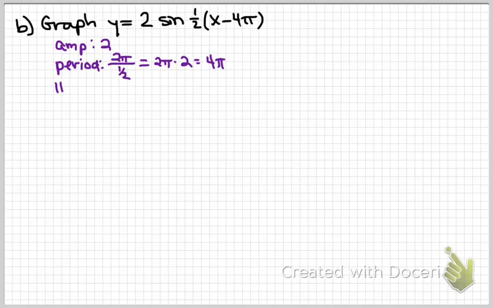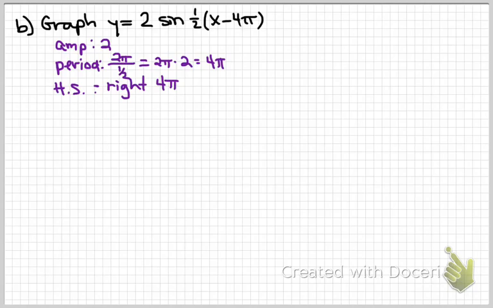Next, I need to identify my horizontal shift, which is if it gets moved left or right any, and that's what's found on the inside of the trig function with the x value. Horizontal is always what you're adding or subtracting from the x value, whereas the period was what you were multiplying by the x value. So that may help you distinguish between which one goes with your period and which one goes with the horizontal shift. So if I look at this equation, I have x minus 4 pi, which means that I am moving this function to the right